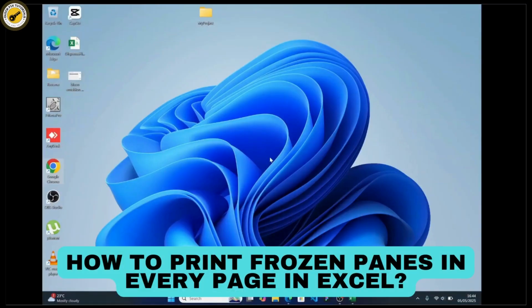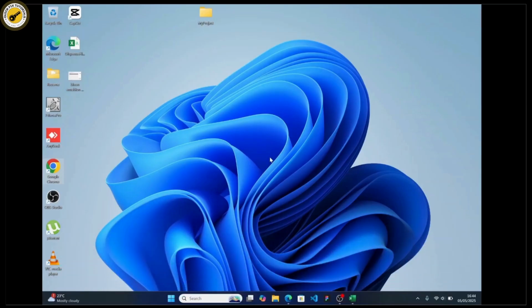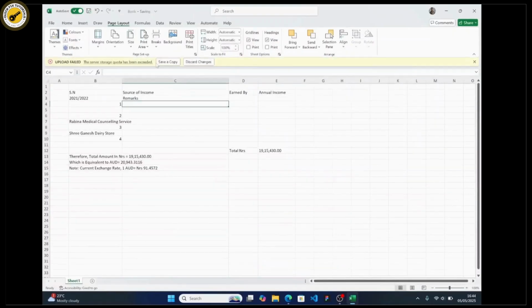How to print frozen panes in every page on Excel. So let's get started. First thing, just head over to your Microsoft Excel file, and once you're inside here, you